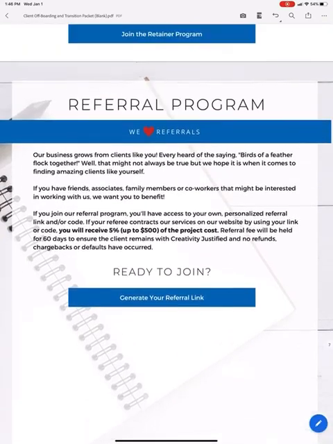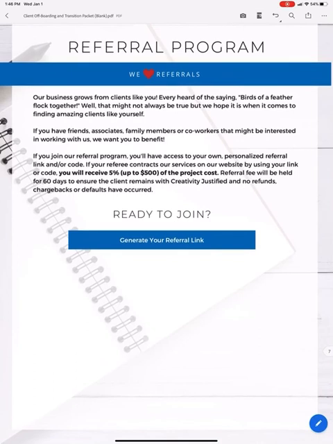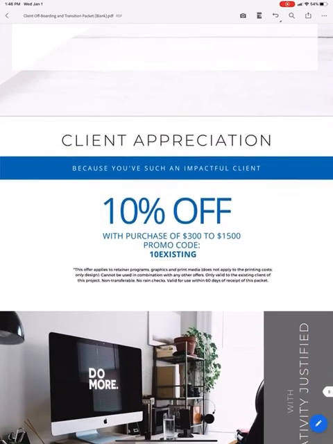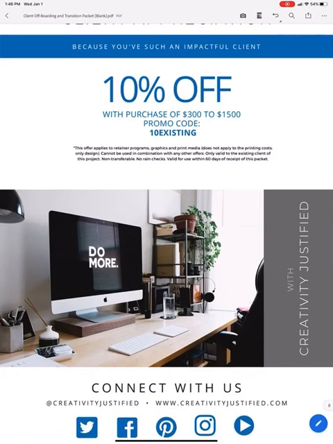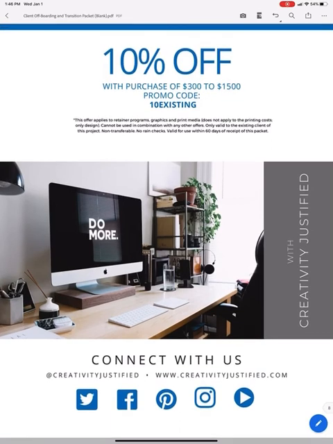That's not something that you have to include. Your referral program may be completely different, but you want to have a way where you can collect those referrals. And then for us, we have this section. We just wanted to be generous to our clients. So we have a section called client appreciation. And then you put whatever percentage in there, whatever the promo code is that they can use on your site. And again, all of these